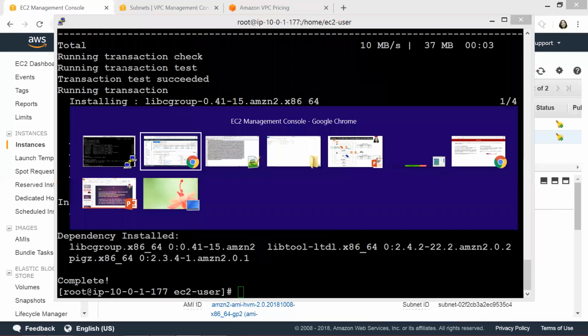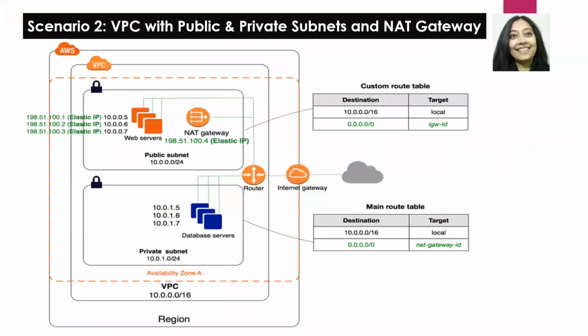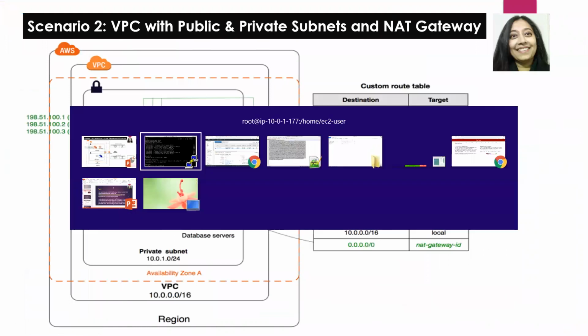So finally, if we go back to our diagram, we were able to connect to the internet using our EC2 instance via NAT gateway. And finally, we have implemented this entire VPC diagram successfully. So that's it from me,